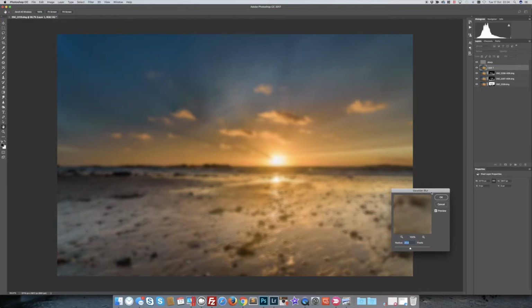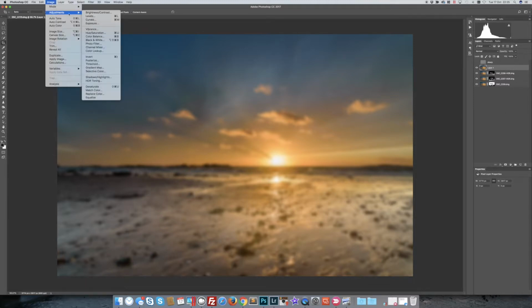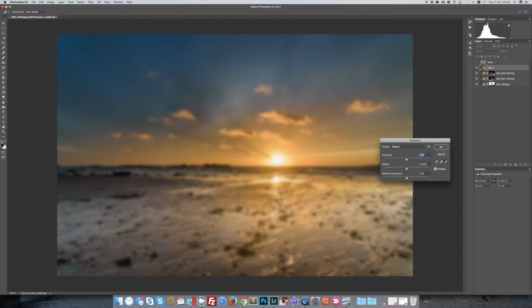And for the Orton effect, you tend to want your radius, general rule of thumb, I tend to use a radius that's in the region of the focal length of the image. Well, I was using I think 12mm, but we'll set the radius at 20 and turn off that sharpening layer just for now. And then what we're going to do is adjust this with an exposure adjustment,